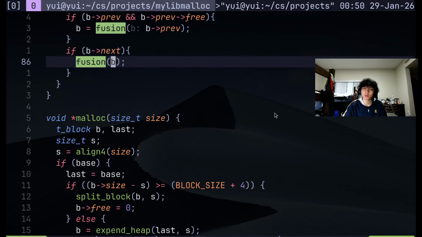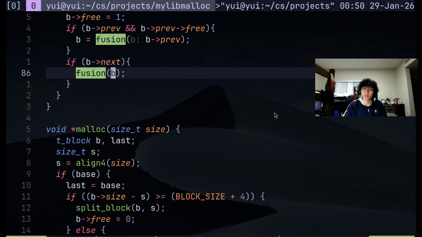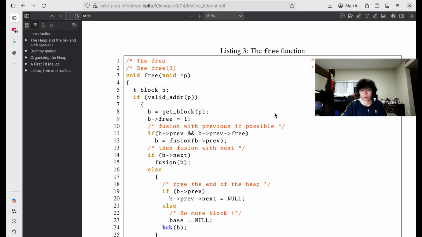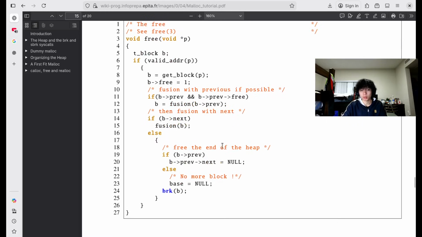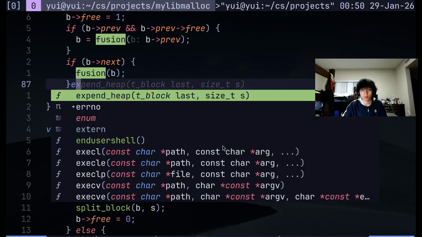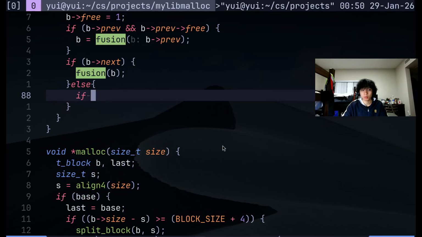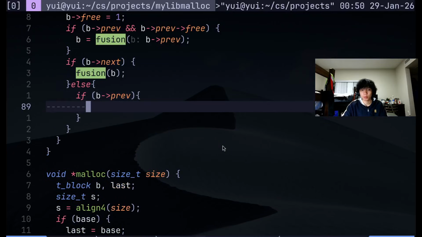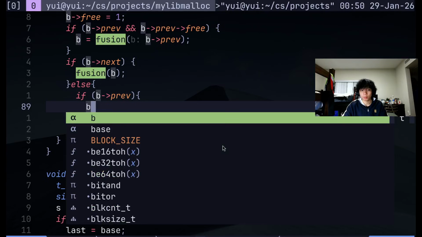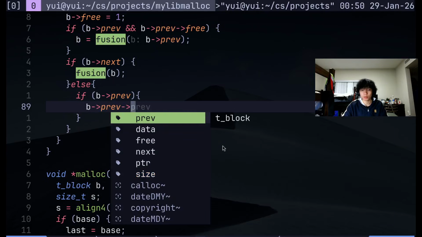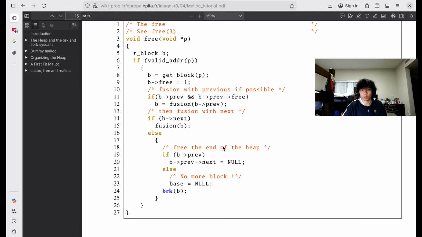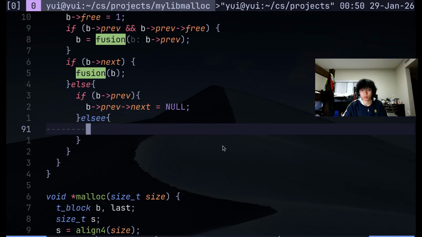Oh yeah, because B is on the left, so yeah. And else we're gonna free it completely. So here it is, right? With B previous, and next gonna be null, right? Else